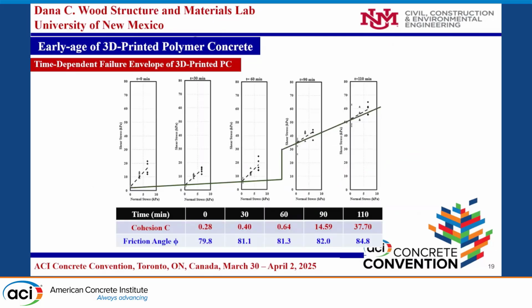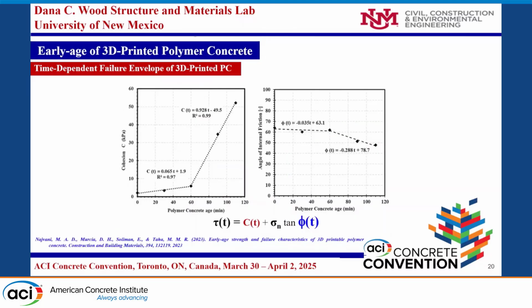So if we plotted the shear stress versus the normal stress, we can find the cohesion and the friction angle. And we found that the relation is bilinear. After 60 minutes, we can find a significant increase in the cohesion. So if we want to divide